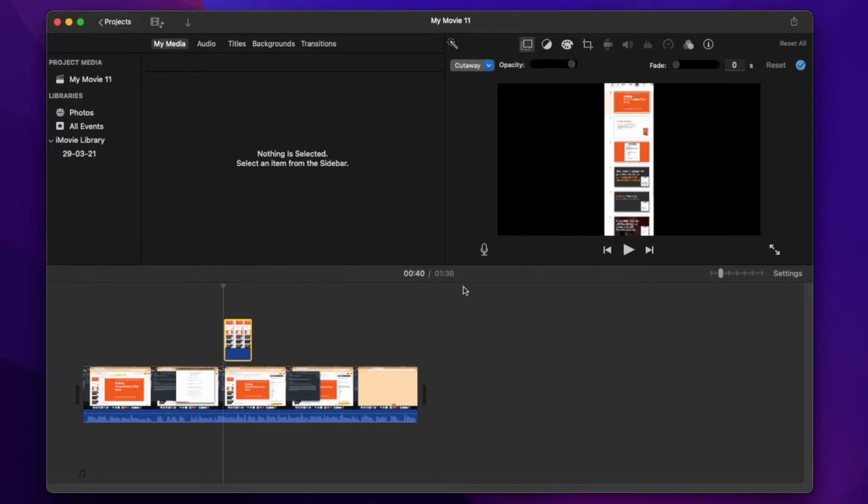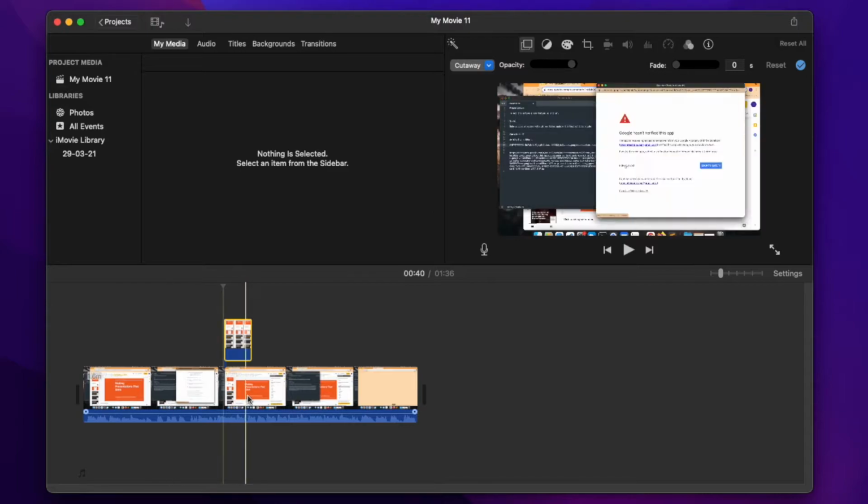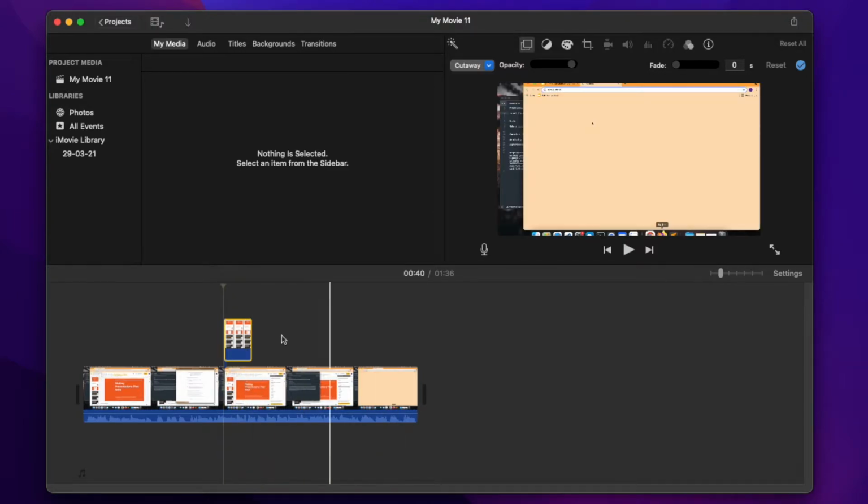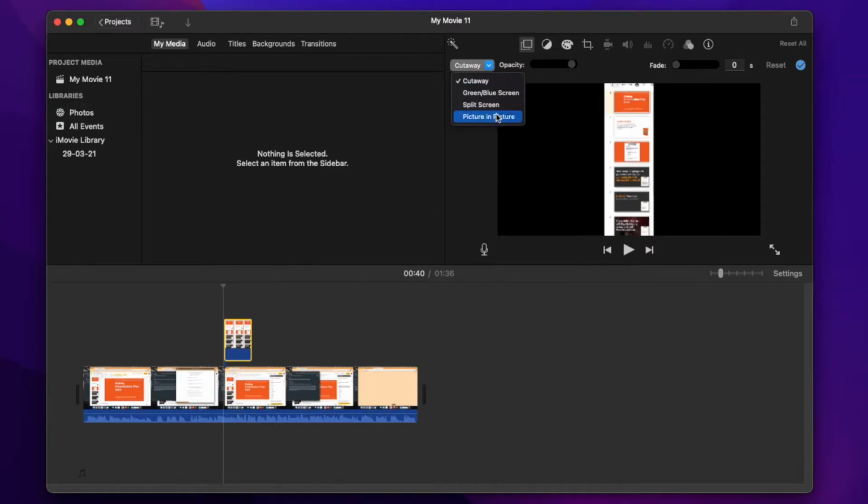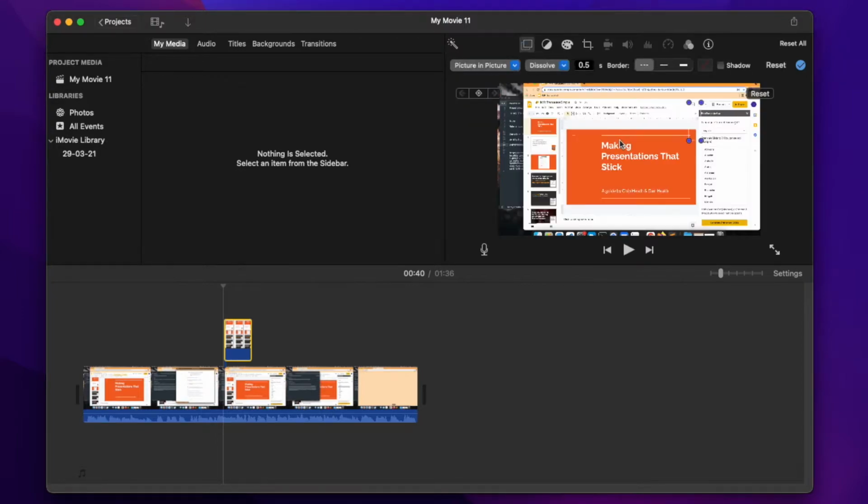We want to take the whole image, so we will click on Fit, and this way the whole image is shown. If we go back, you can see that rather than the video, this particular part was replaced by the image, because the image is above the video and it's removing the video. So what we need to do is click on Picture in Picture, so that we have both the image and the video at the same time. Now this is the image. Let me click on the image. Here we go. All we need to do is scale it so that it takes this whole space.